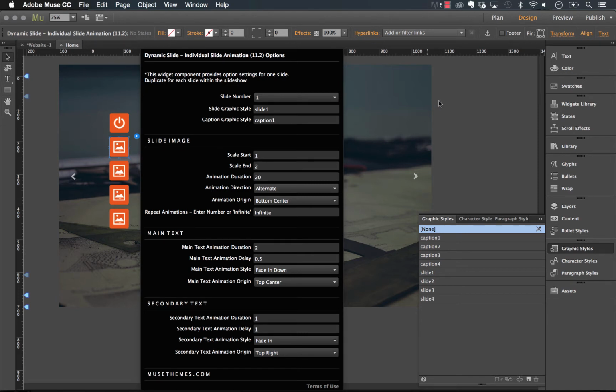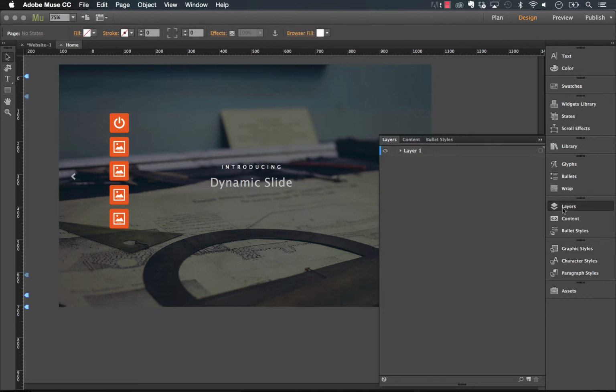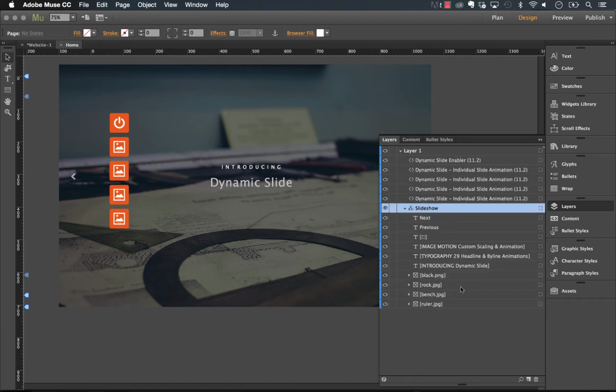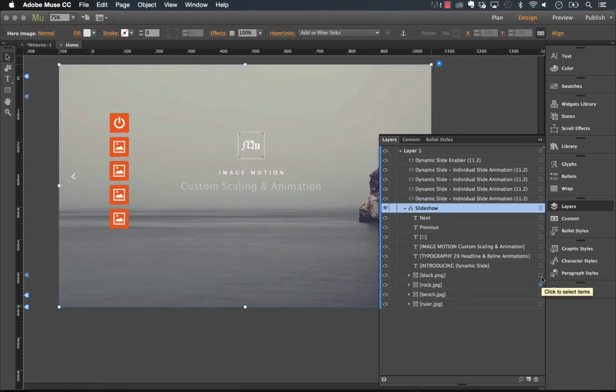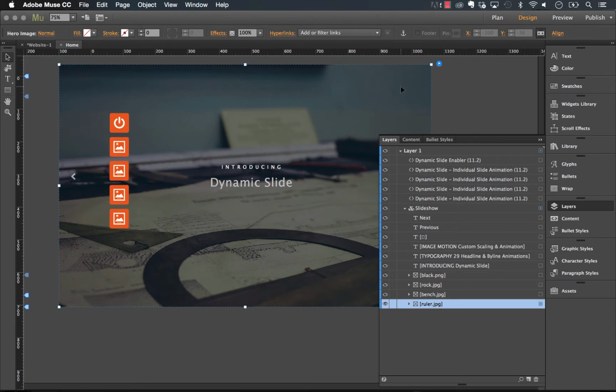If you want to use this widget now and you want to just quickly set it up and style it, I'd recommend you just work with our default pre-set up one here. You can simply change out images by, I recommend using the layers panel, and let's open up this layer, and there's a slideshow within. Let's open that up, and you can actually click through the individual images in the slideshow by just selecting this blue box beside them. So if we want to change the image on here, which is the first slide, we can make sure that's selected.